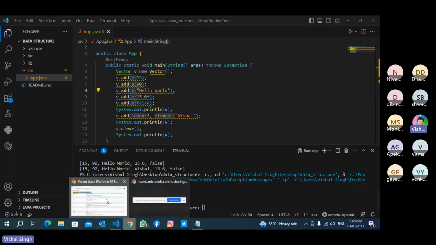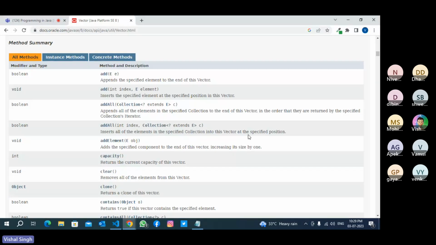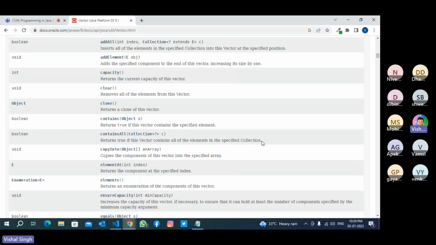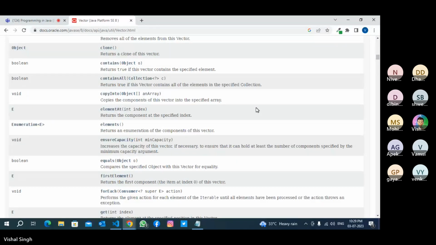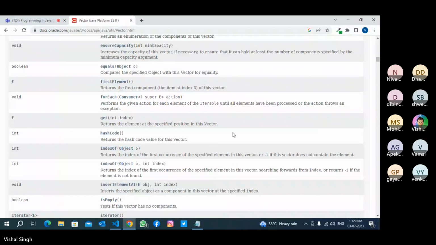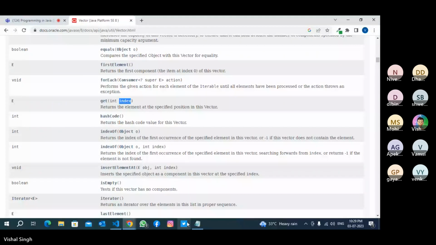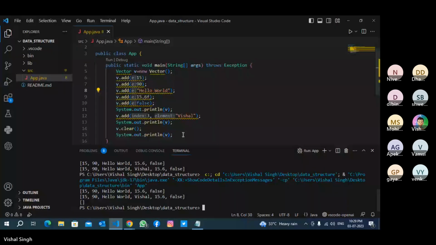So you have to practice all these methods. We will discuss in the class only those methods which you are not able to understand yourself. Okay. See, get(int index). v.get(5).